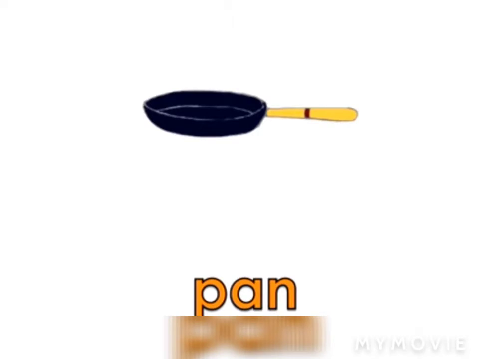Okay, so here goes the first word. Pan. Did you notice something here? P is a consonant, A is a vowel and N is again a consonant. This type of combination of letters is known as the CVC words. Consonant, vowel and consonant. We have a consonant on either side and a vowel in the center. So this is a 3-letter word in the CVC combination. Now let's quickly read some more CVC words.